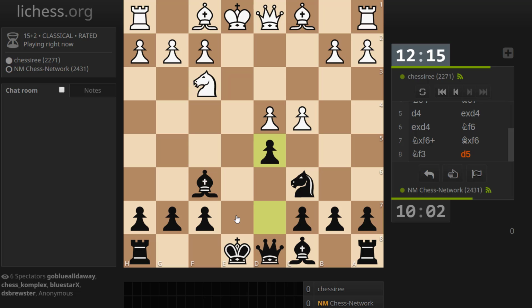Can this translate into something substantial? Can I net a pawn somehow? I may be close to doing that. It may be the case that white's d-pawn is difficult to defend. We'll see. I can also maybe look for bishop to g4. And a thought that just quickly ran through my mind was, is it maybe...